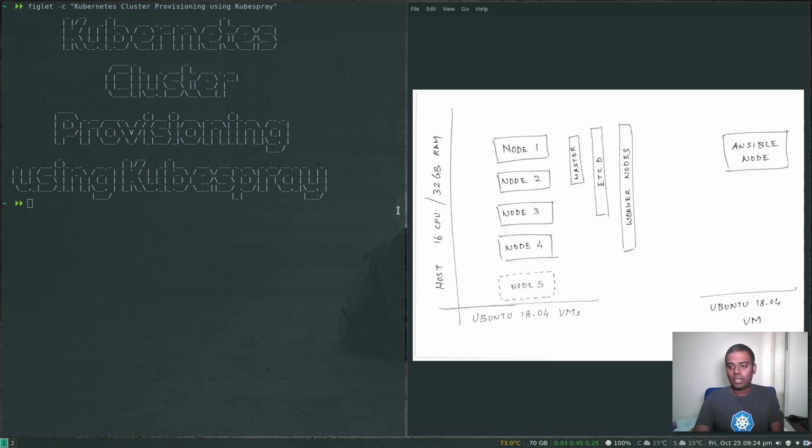For this video, I've got my host machine, which is not my laptop, but a server with 16 CPU and 32 gig of RAM, twice as much resource as I've got on my laptop. In this video, we're going to set up a Kubernetes cluster on these 4 nodes. So I have 4 virtual machines. I'm still using virtual machines, and I'll be showing you how to use Kubespray's Ansible playbook to easily provision the cluster. All of these are Ubuntu 18.04 virtual machines